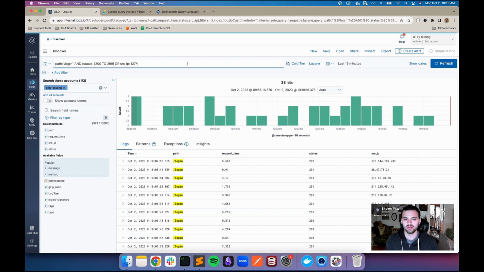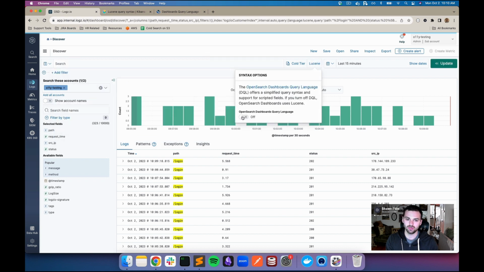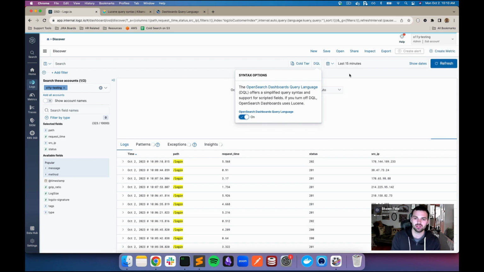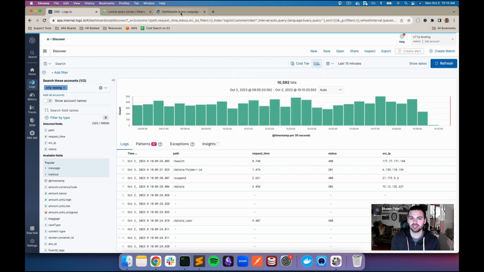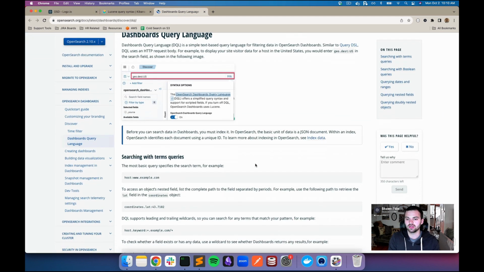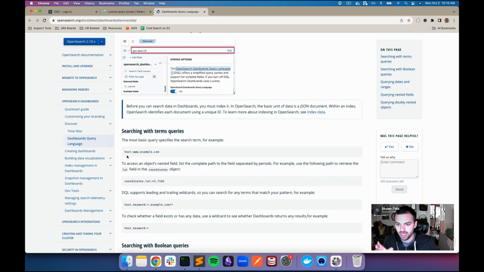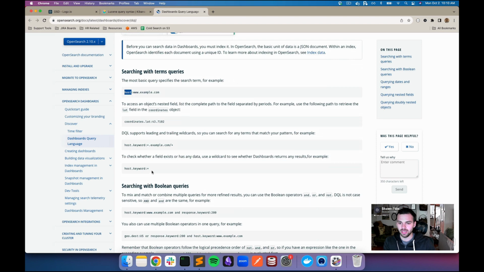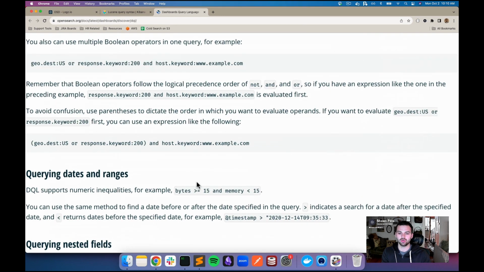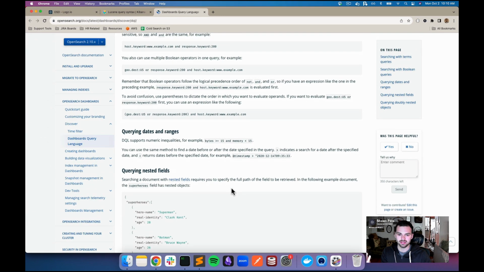Now, if we wanted to query this in OpenSearch dashboard query language, very straightforward. You just go into the Lucene, click on it, and click on OpenSearch dashboard query language, and this will turn on. If we take a look at the docs that we provide, you'll see that it's very, very similar, right? We have a key value pair, which is the field, and then the value. We have key value pairs, and then we have things like querying date ranges and numbers, which is a